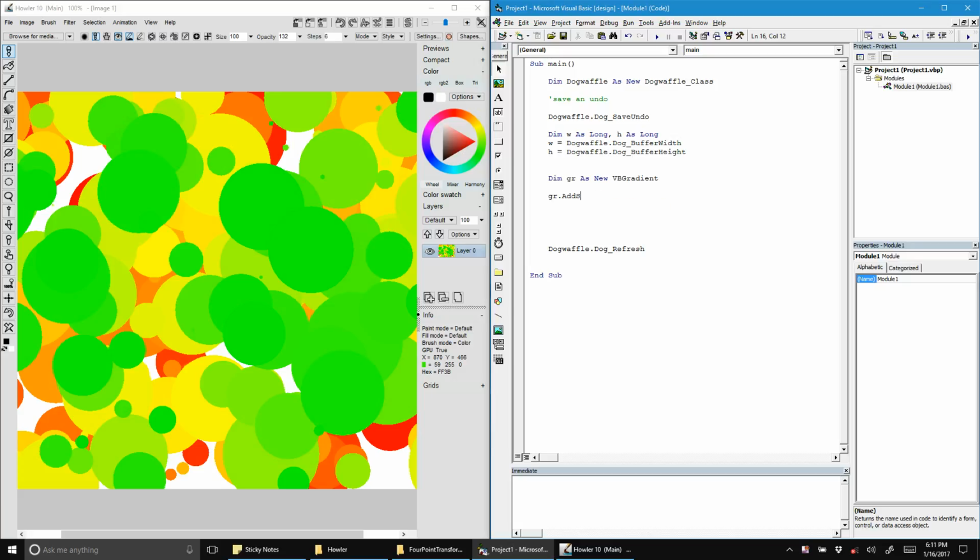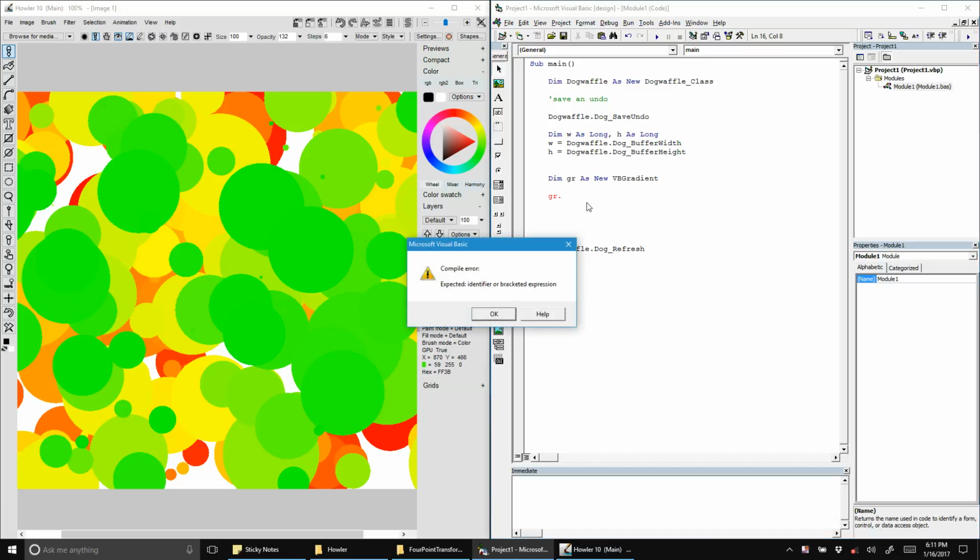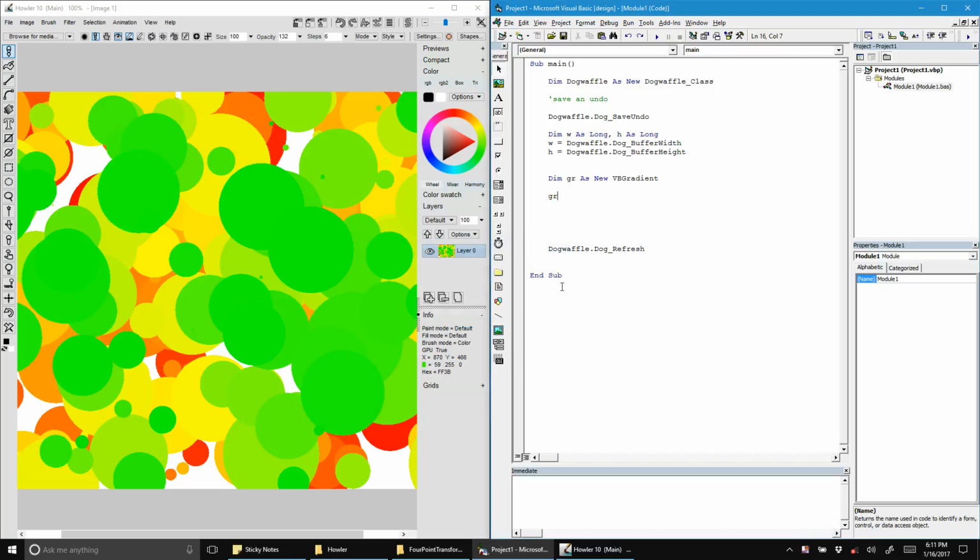Let's see if there's a way to do this from RGB without having to add stop. Eval, let's see. Can't stop. No, okay. So yeah, we have to use that color. So 0 comma C. We need that color object, MC as new VB color, and we'll give that some color. C dot set color 255 comma 0 0,